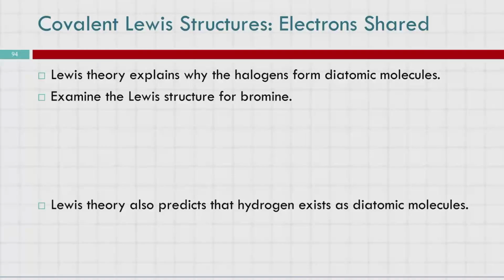Lewis theory also explains why our halogens form diatomic molecules, the mnemonic devices. It explains why the halogens in particular form diatomic molecules. So the fluorine, chlorine, bromine, iodine part of those mnemonic devices, they form diatomic molecules. So if we look at a Lewis structure for bromine, let's say that bromine is just floating around with its 7 valence electrons. Is it happy? It's not happy. What does it need? 1 more